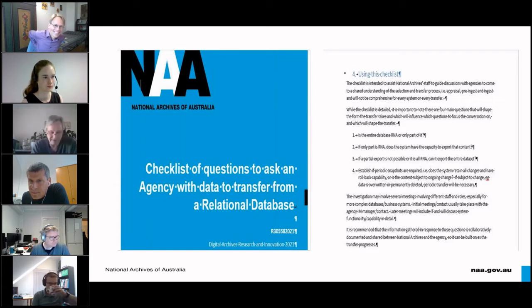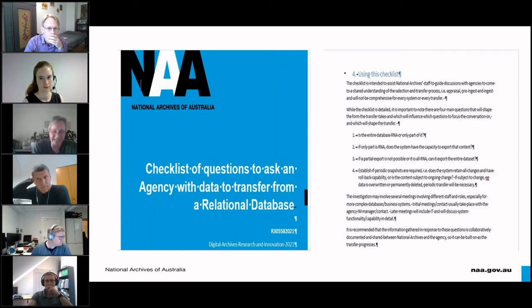Yeah, what I'll do, I'll just spend 30 seconds or a minute going through some of these other products. I've almost finished. So the other products that the project developed essentially are staff guidance, for example, for use by archive staff when negotiating transfers and making decisions about what needs to be transferred. So we developed this checklist of questions.